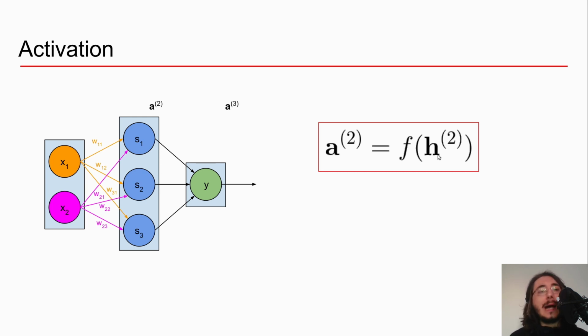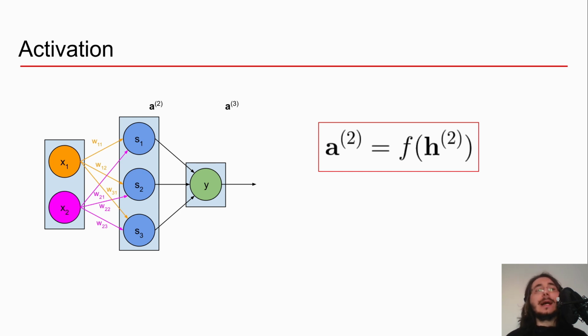And we want to pass H2, the net input vector for the second layer, to the activation function. So let's just recap. We have the basic elements of a neural network for its computations: the weights, the net inputs,